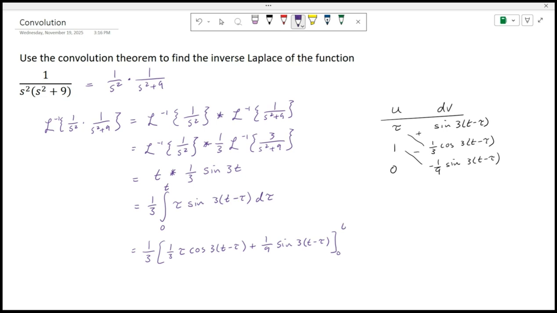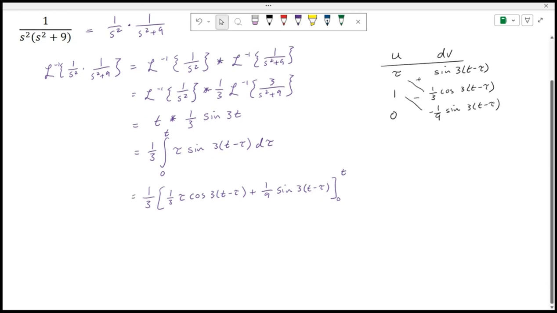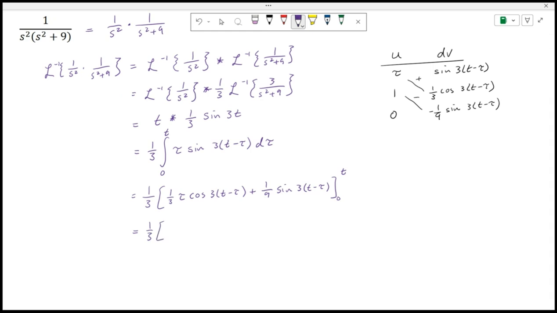And our limits of integration are still from 0 to t. So I'll evaluate this at t. That'll be 1/3 brackets 1/3 t cosine of t minus t, so cosine of 0, plus 1/9, and I get t minus t again, so sine of 0,